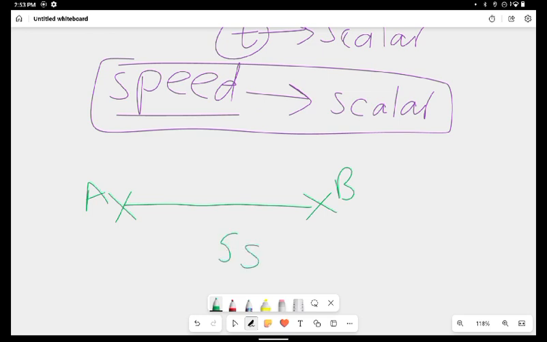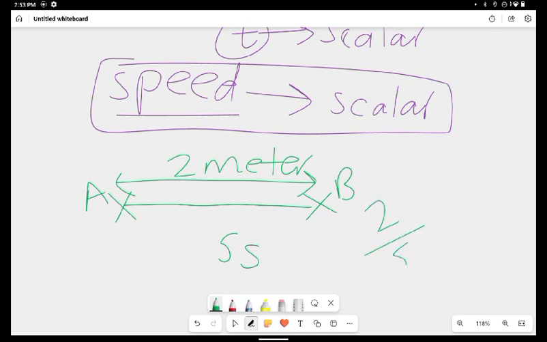Okay, 5 seconds, and the distance between them is given to us, that's 2 meters. So we have covered a distance of 2 meters in 5 seconds. So we'll just divide 2 by 5, hence we'll get the answer 0.4